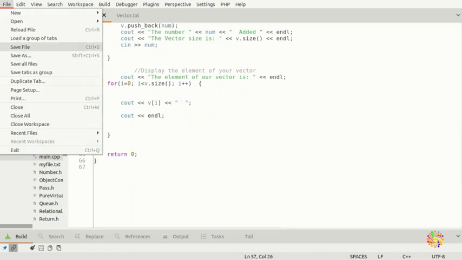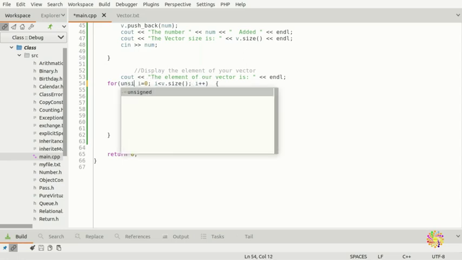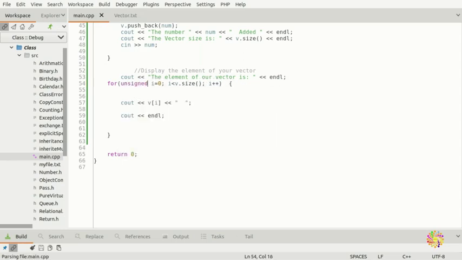So we're going to save the file. And if you suspect the user is going to put in a very huge number, make sure you put unsigned here, to get all the positive numbers. So when the user puts in negative numbers, we're going to get out. So check here, we're going to build our project. Our project's built, all good, no problem. We're going to run our